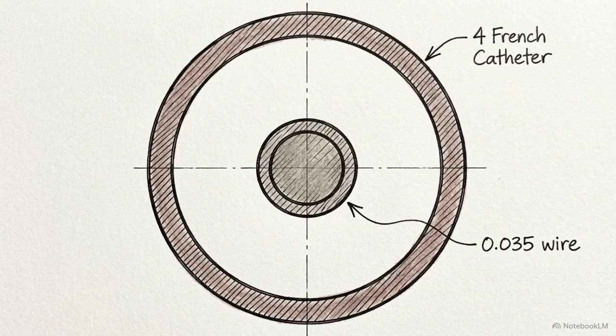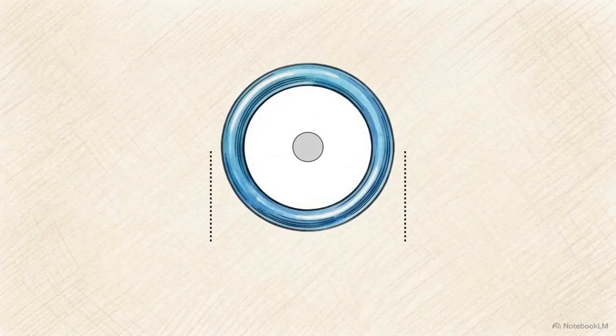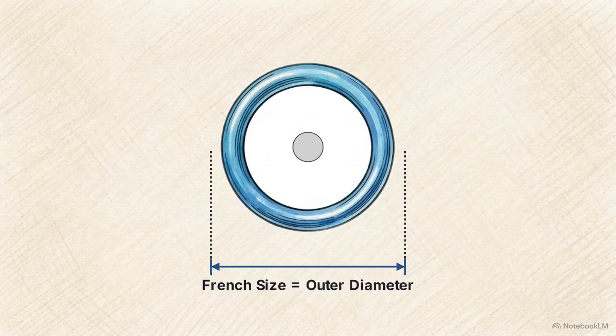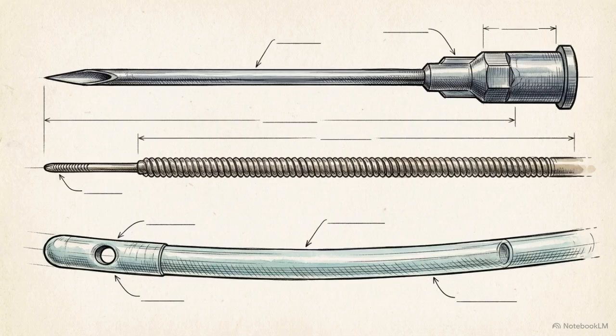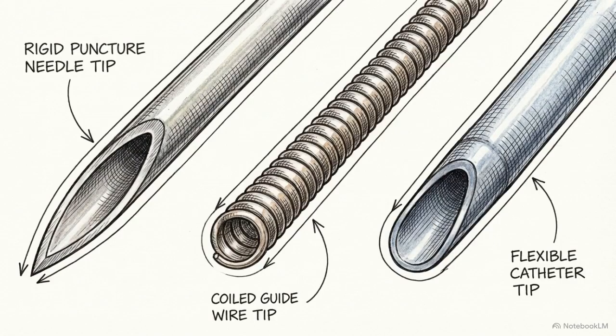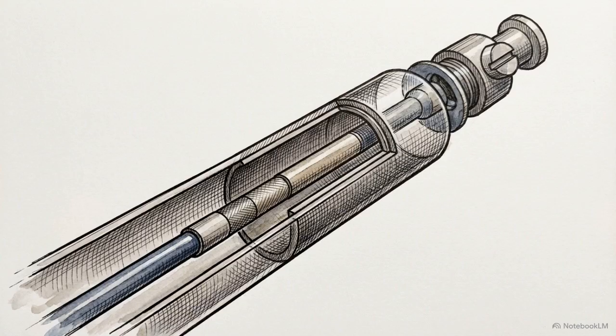A critical piece of trivia to remember, the standard 0.035-inch wire will perfectly fit through a 4 French or larger catheter. Observe the measurement brackets on this catheter cross-section. The stated French size describes the external diameter of the tool, not the caliber of its internal lumen. Up to this point in the procedure, the structural logic holds steady. Whether measured in gauge, inches, or French, the stated size has always dictated the exact outer footprint the tool leaves in the patient's tissue. The logic breaks at the final outermost layer of the system, the vascular sheath, which is